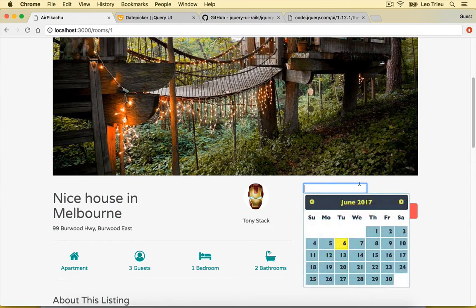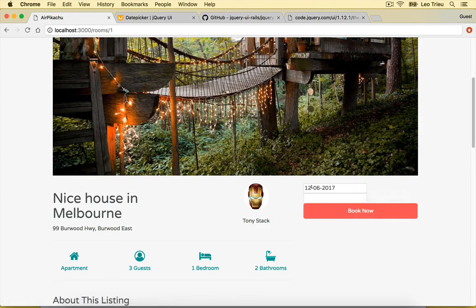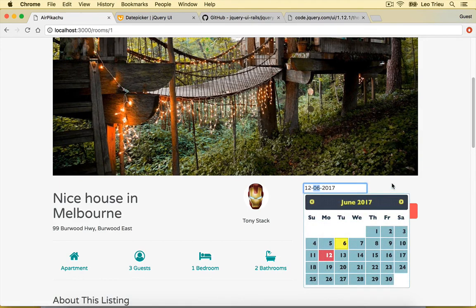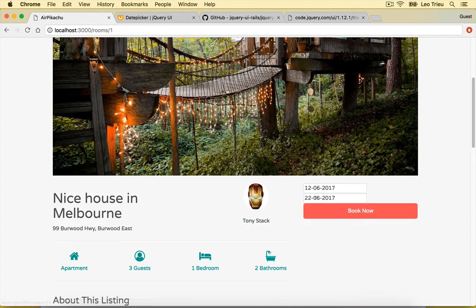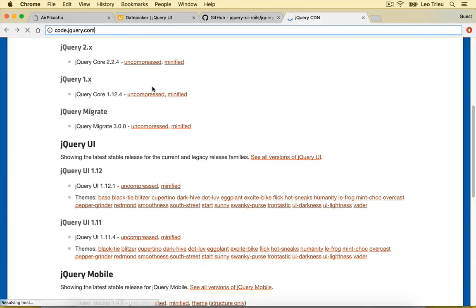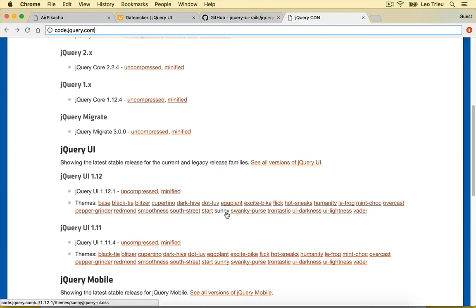Hey, look at this. So now we got a very nice date picker, beautiful. If I click this one, all right, it transfers to the 12th of June 2017, and this one, all right, 22nd June 2017. Beautiful. Again, if you go back to this link, feel free to choose any theme here. Awesome. So everything's working perfectly. Now you see it's quite easy to create stuff like this without learning much about JavaScript or jQuery. Of course, it would be super awesome if you have full knowledge of that, but if you don't, then in Code for Startup,